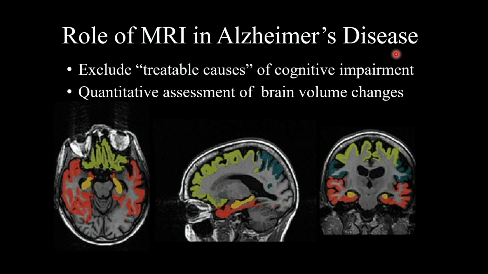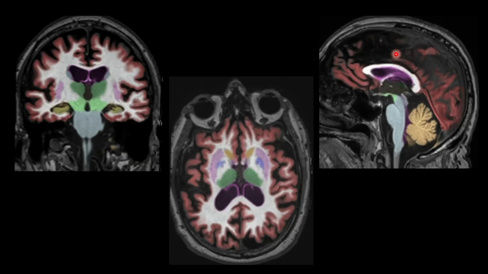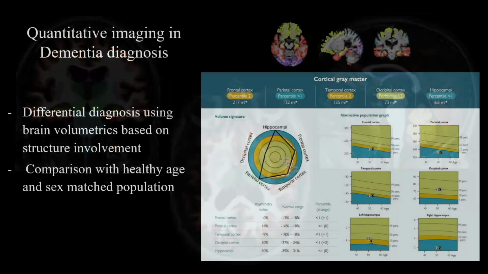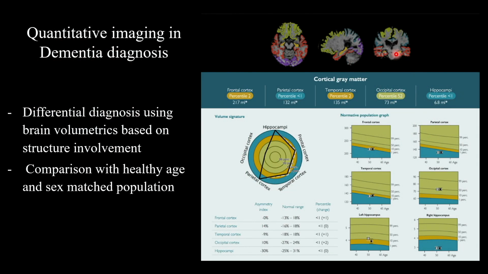And then if you were a little bit more sophisticated and tuned in, you might be doing quantitative assessment of brain volume changes, these AI-driven packages, which are really very good at doing brain segmentation. Here you can see some of the individual structures that these softwares can segment for you, and they leverage artificial intelligence and deep learning to improve the quality of that segmentation over time. But essentially, you compare the brain volumetrics, the critical structures that are involved in, say, Alzheimer's disease or in other